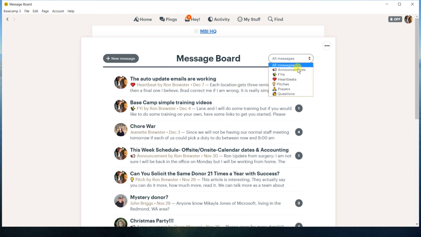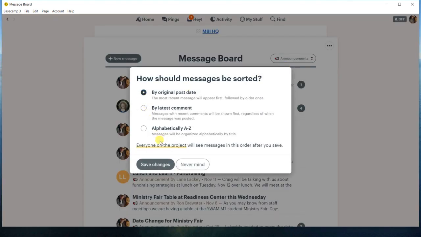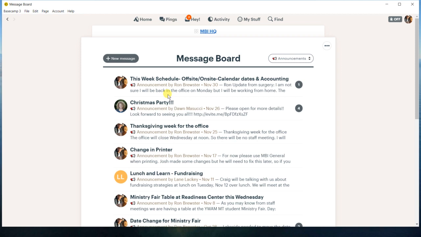And you can come back here. There's a few different functions here. One nice thing, and this is why the categories are important, is that if you want to go back, maybe someone threw something out for prayer, or someone was given an idea, you can sort by that category. I find that helpful at times. Up here, you can sort the messages by original date, but just realize it does it for everybody if you do that, because everyone on the project will have it sorted the way that you like it. Not a big deal because we can sort back and forth.